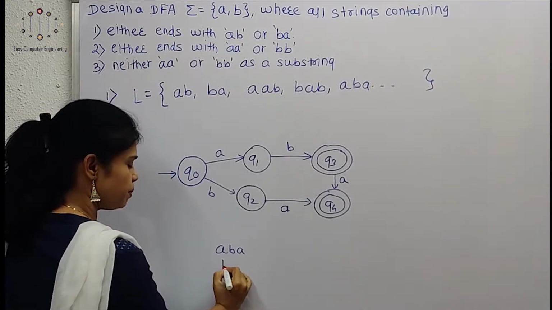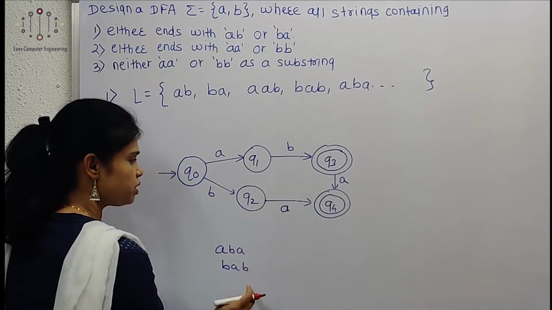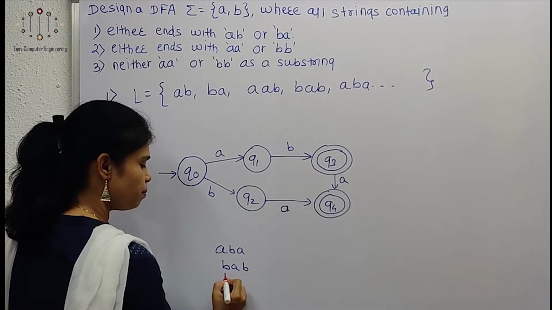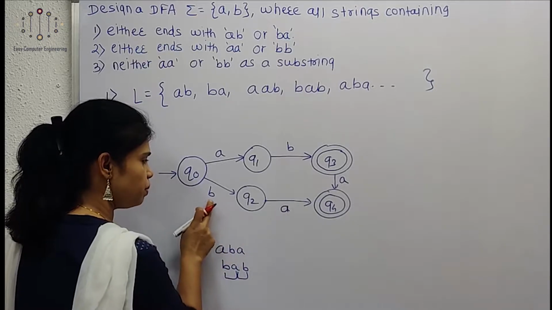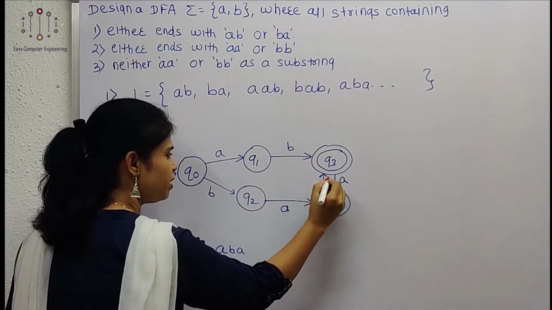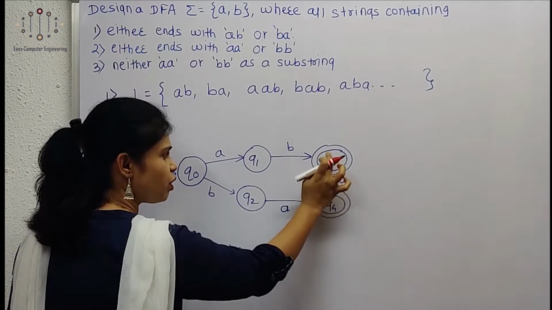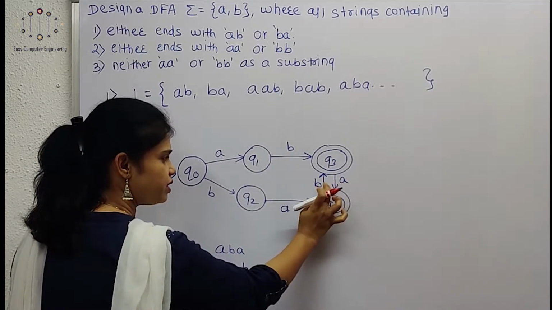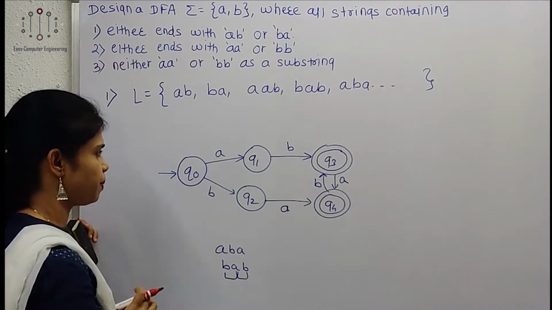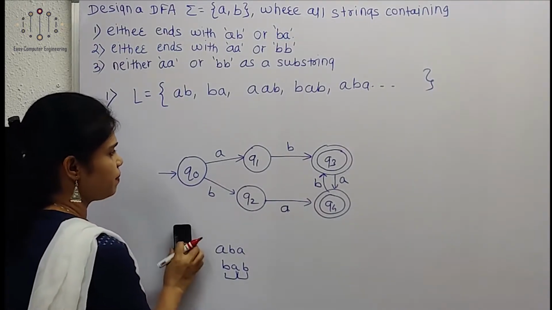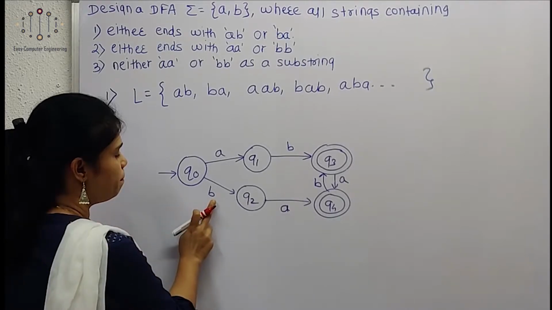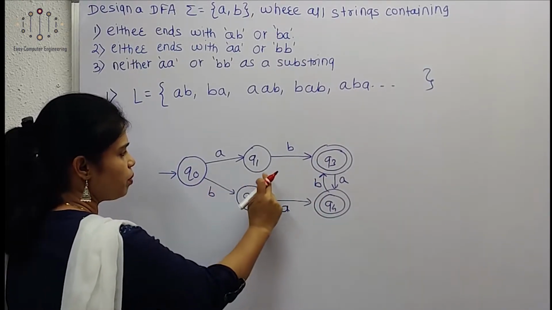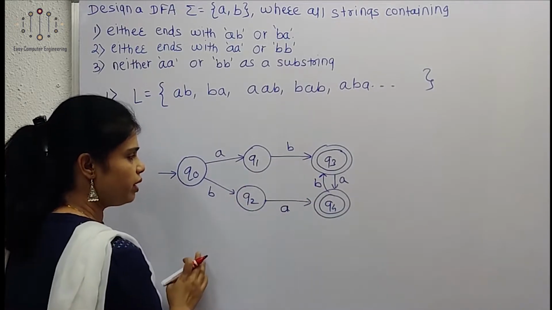If the string is BAB, this is also possible: starting with BA but ending with AB. So BAB, here we can show it like this. It means from Q3 and Q4 we can show an A transition and a B transition for Q1. Okay, if the string is BAB, we show this. Now from Q1, the B transition is already done.